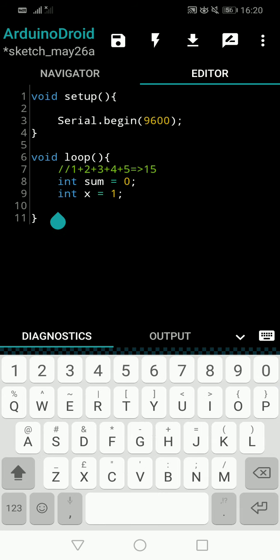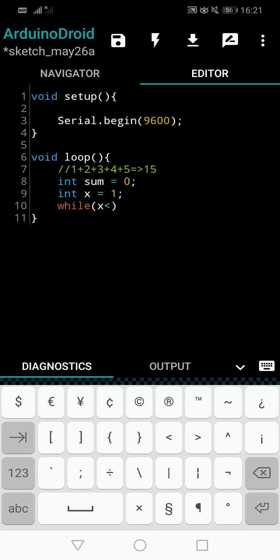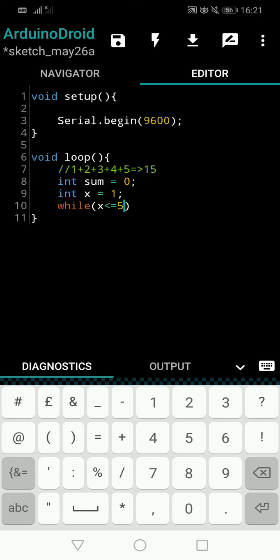So I will go for a while loop. I will write while. x should go from 1 to which number? 5. We have to add from 1 to 5. So I will add a condition. I taught these things basically, how you can bring x up to 5: x less than or equal to 5.